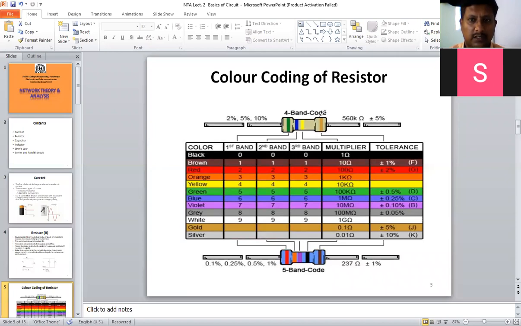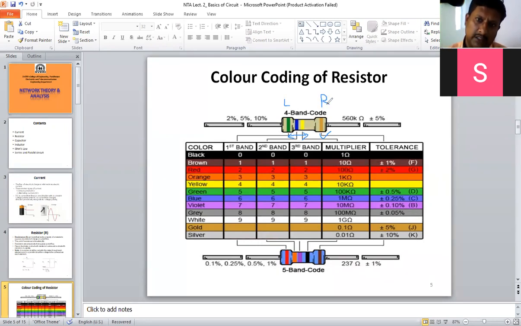If you observe the resistor here, the first 3 colors are placed close to each other, whereas the 4th one is somewhat away from these 3. So how do we take the left hand side and right hand side? Left hand side means where the 3 bands are located nearer to each other. Right hand side means the 4th band is away from those 3 bands. In this way, you can classify the left hand side and right hand side.